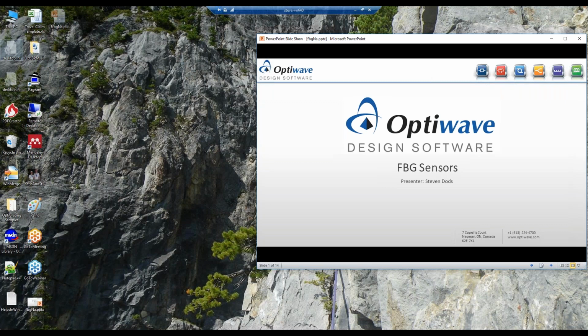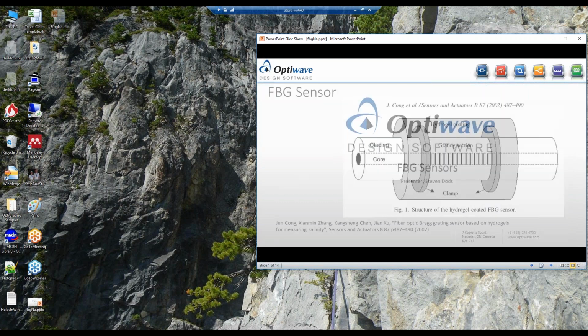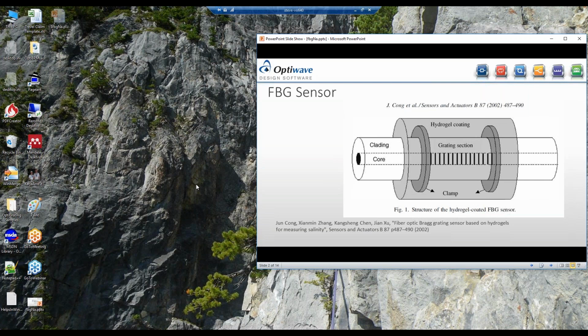Hello and welcome everyone. I'm Steve Dodds and I would like to show a demonstration of modeling and design of fiber Bragg grating sensors using one of our softwares, OptiGrating. The example that I'd like to show to you is taken from the literature. This comes from the Journal of Sensors and Actuators B. And it's an example of a fiber Bragg grating that can sense